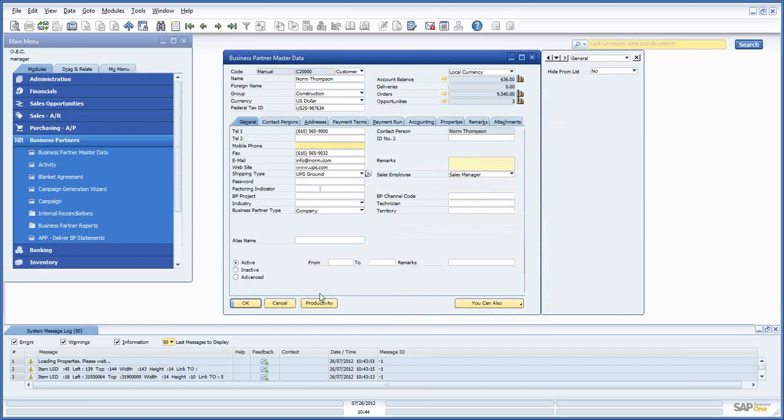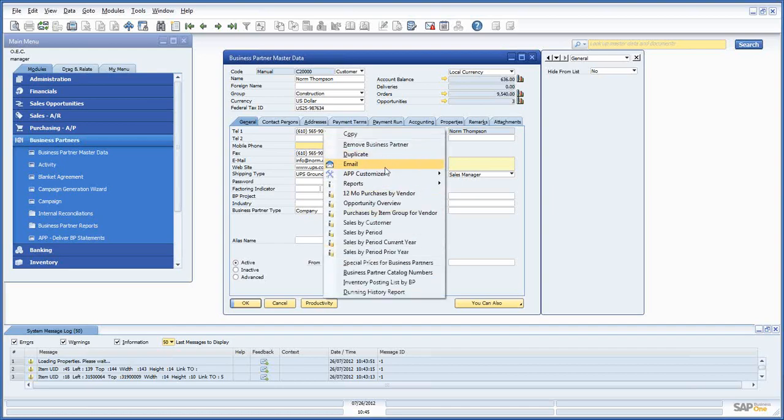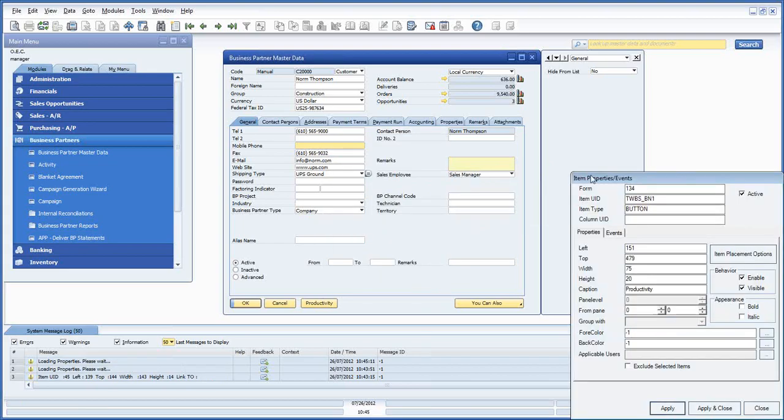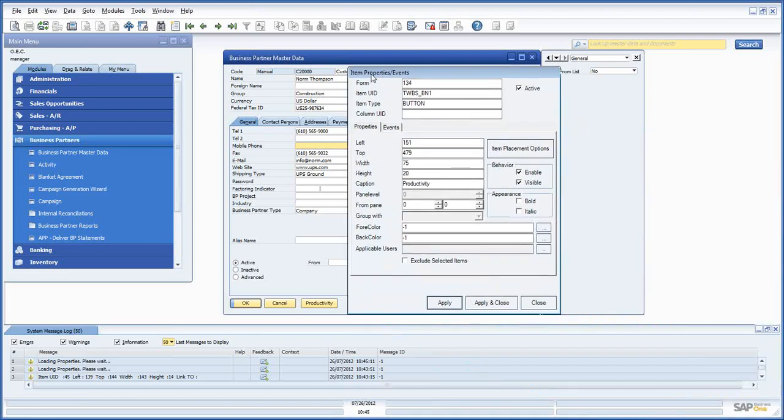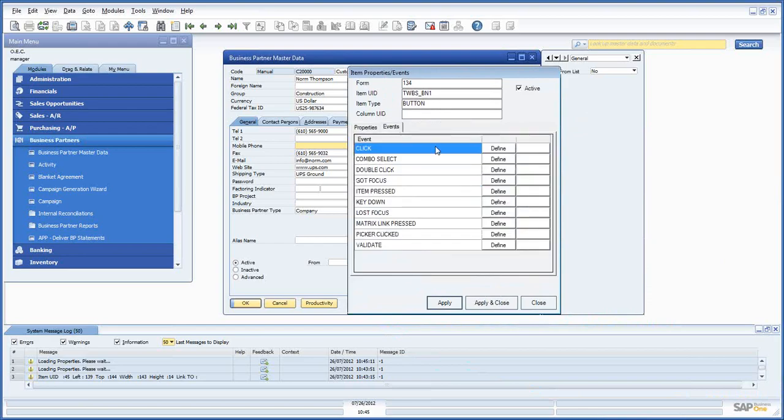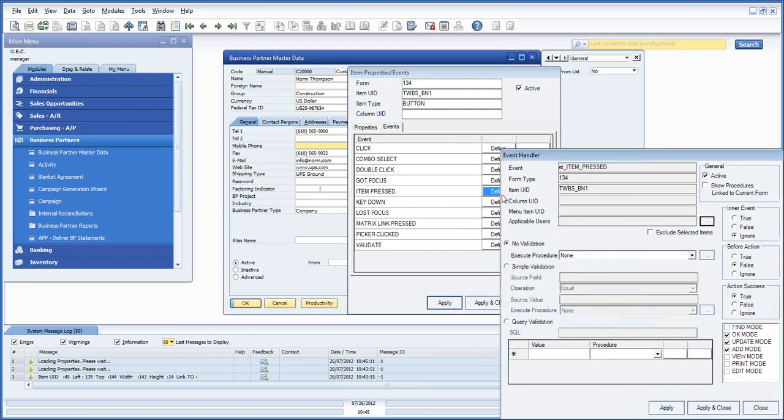So that's the first step, getting the button on there. Now what we want to do is capture the event when somebody presses this button. We don't want it to just do that. We want it to actually pop up a message and tell them something. So we'll right-click on it again, go into the control properties. And we could have done this right away. There was no need to close the window and reopen it. I'm just trying to keep everything separate. So once we've got the properties open for the button, we can click on the Events tab. And again, here are all the events associated with that button. And we're going to use the Item Pressed event. So go ahead and hit